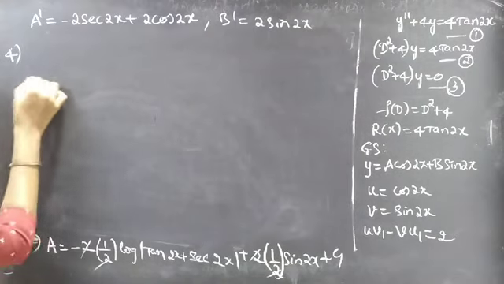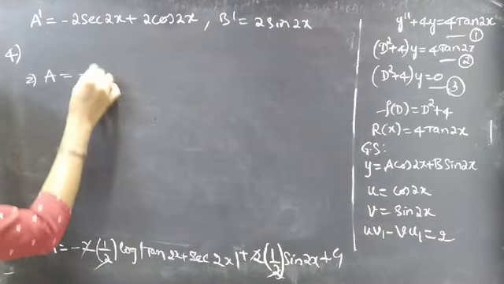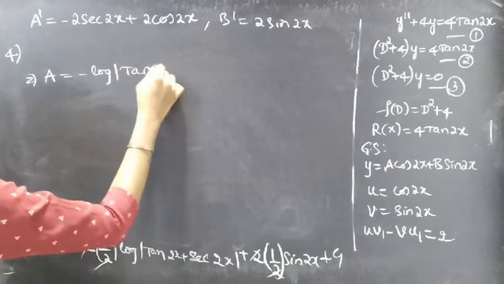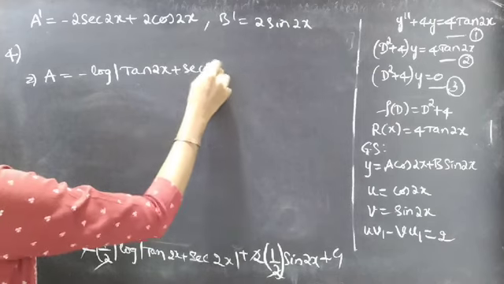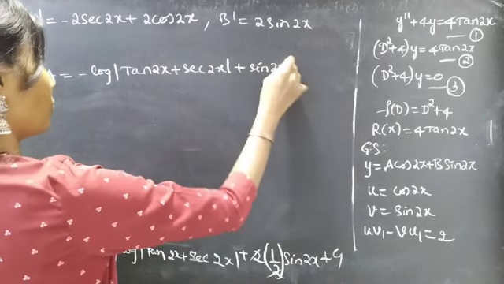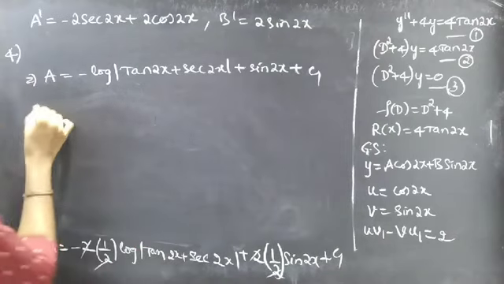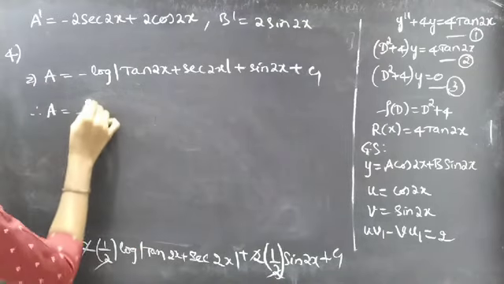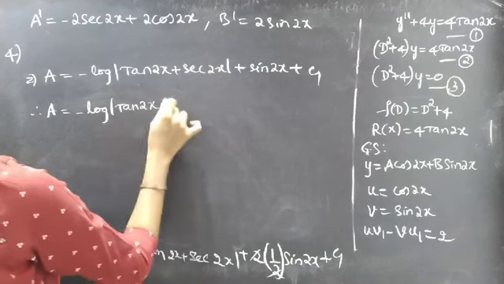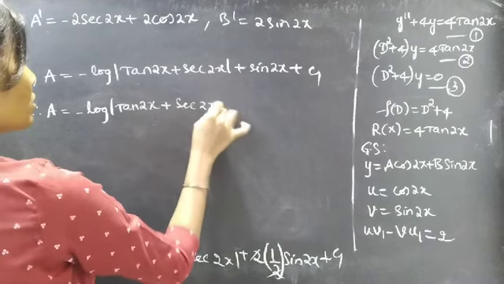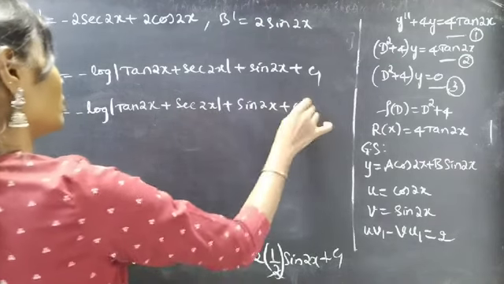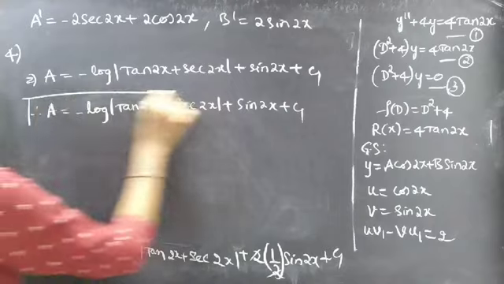So from this we'll get a equals minus log mod tan 2x plus secant 2x plus sine 2x plus c1. Therefore a equals minus log mod tan 2x plus secant 2x plus sine 2x plus c1. Now we need to find